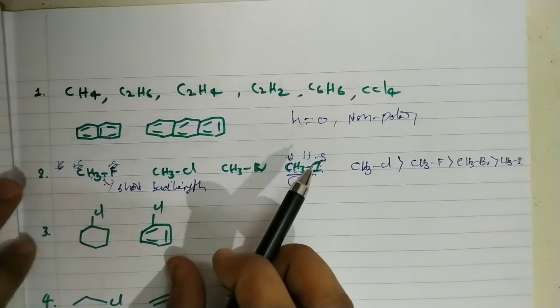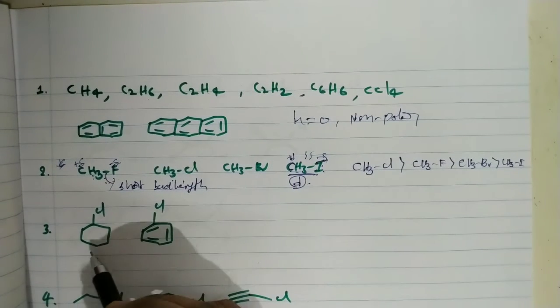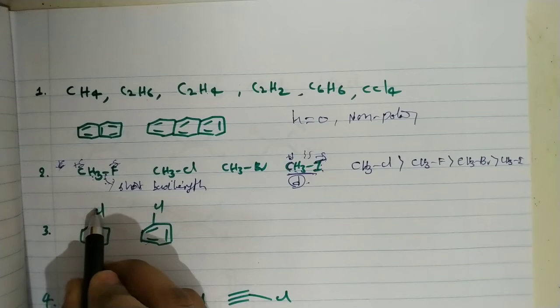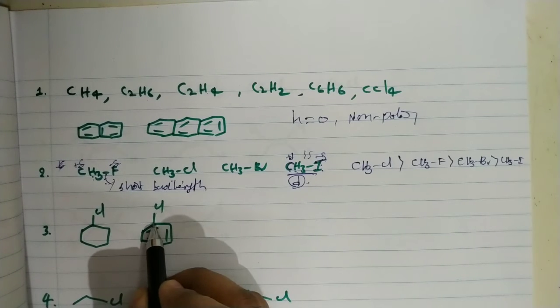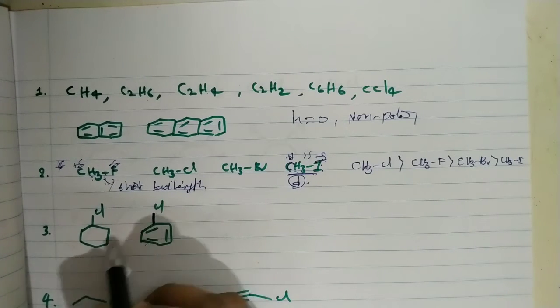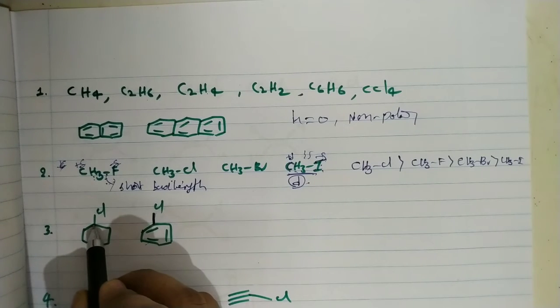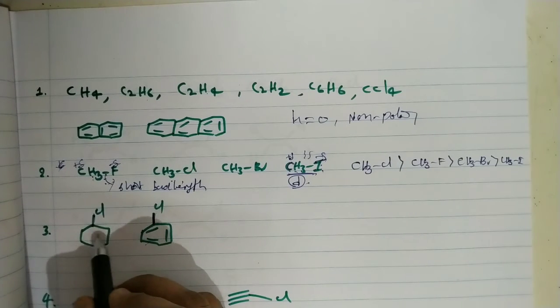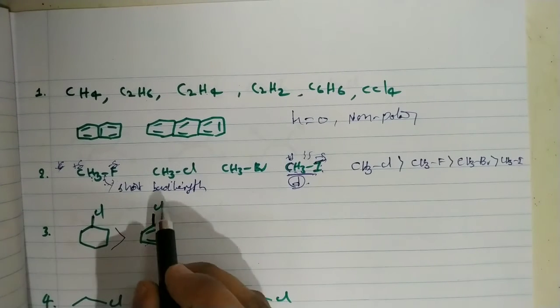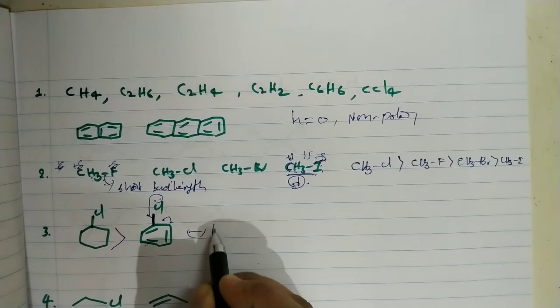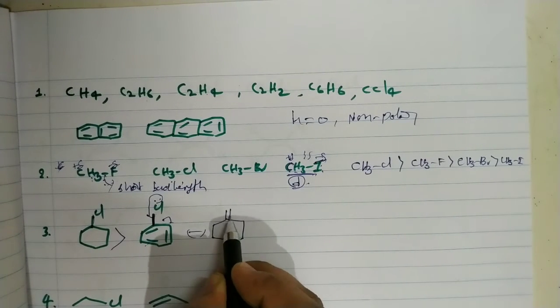Now, generally, consider cyclohexyl chloride and chlorobenzene. In cyclohexyl chloride there is an sp3 carbon attached to chlorine; in chlorobenzene there is an sp2 carbon. The sp2 carbon is somewhat more electronegative, and the sp3 carbon is less electronegative. So there is a larger electronegativity difference and a longer bond length in cyclohexyl chloride, which has the higher bond length. In chlorobenzene there is resonance, and as a result of the resonance the carbon-chlorine bond length decreases very much.